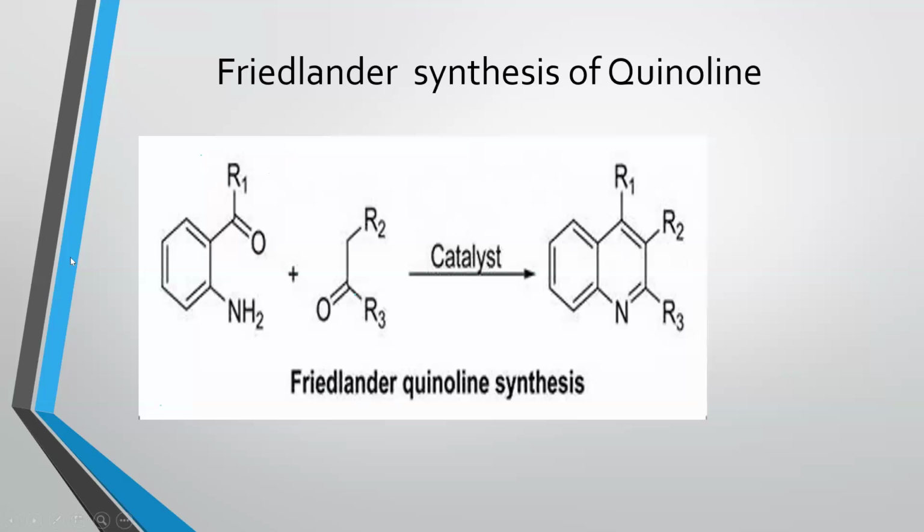One more is the Friedländer, as someone has taken the name of Friedländer reaction. So in case of Friedländer reaction, we will use an aniline. And on this aniline, the second position of the aniline is substituted with an aldehyde group or a ketone group. It can be aldehyde and it can be ketone also. On aniline, and that will react with a ketone again, and as a catalyst,